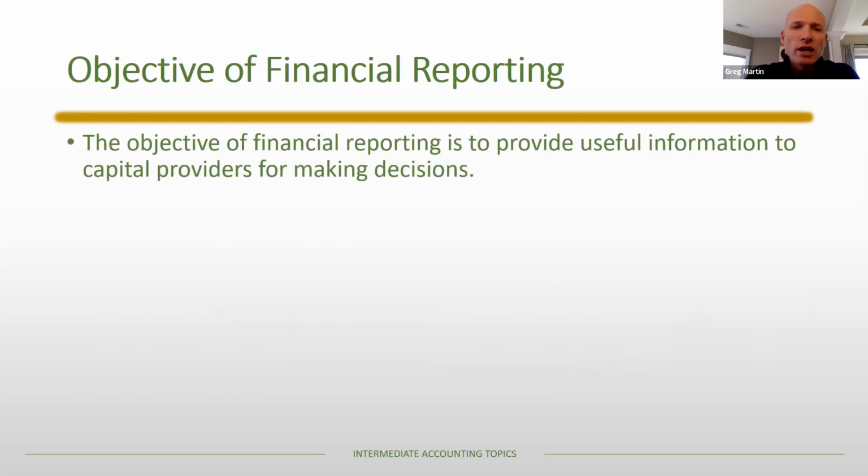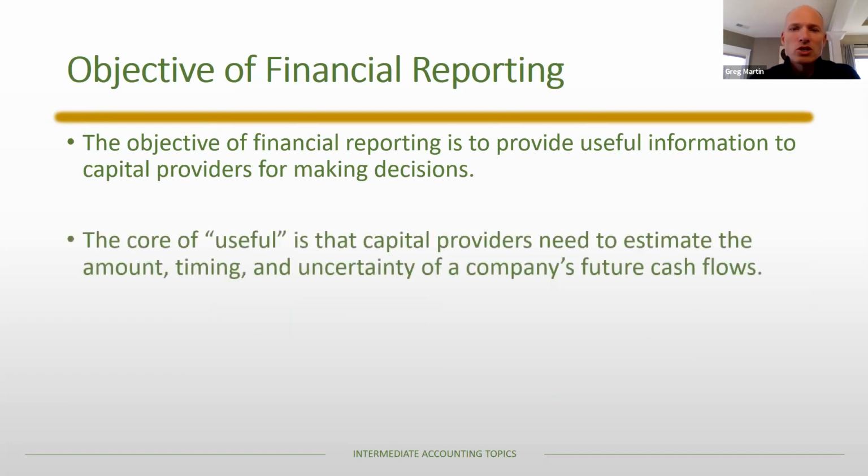All right, so the objective of financial reporting is to provide useful information, right? Useful information to capital providers for making decisions. That is the overarching objective of financial reporting, useful information. And so the core of useful is really about the amount, timing, and uncertainty. So a capital provider, whether that be an investor or a creditor, they need to be able to estimate the amount, timing, and uncertainty of a company's future cash flows, because that's going to allow them to make a better